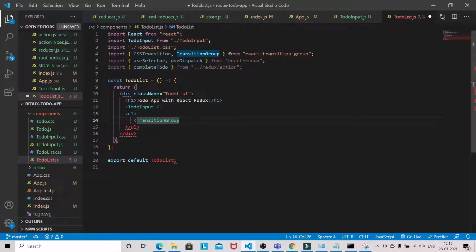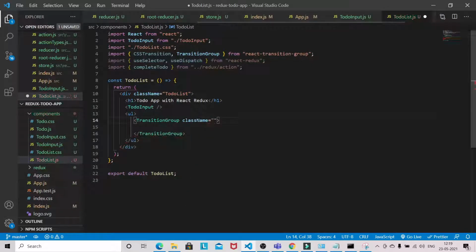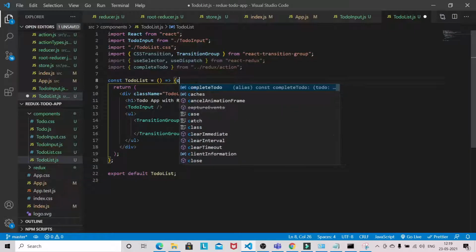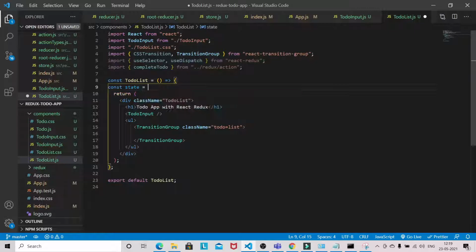So transition group. That will be class name to-do list, and we need state.